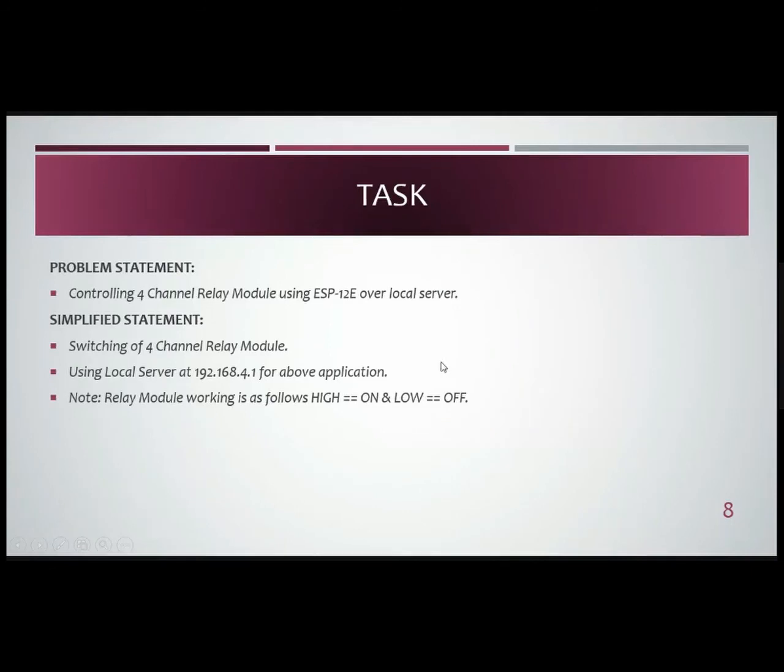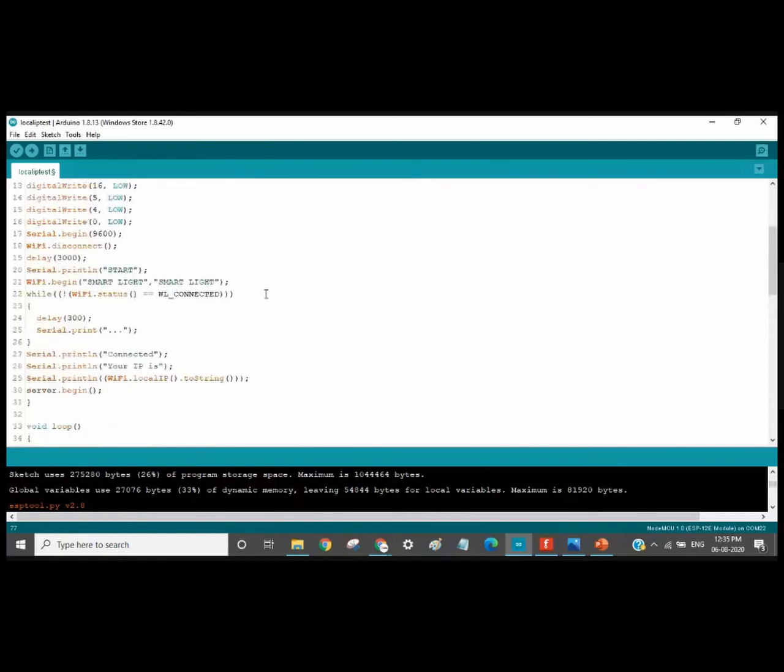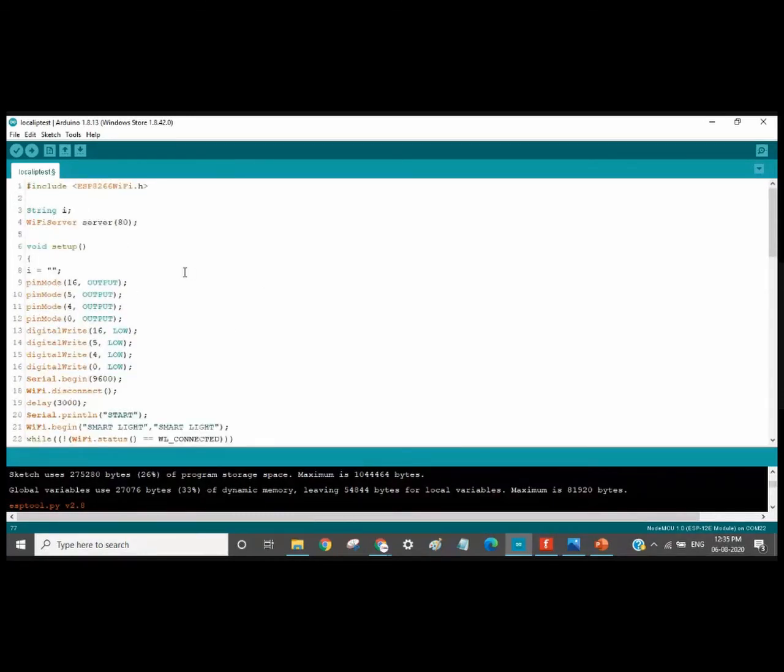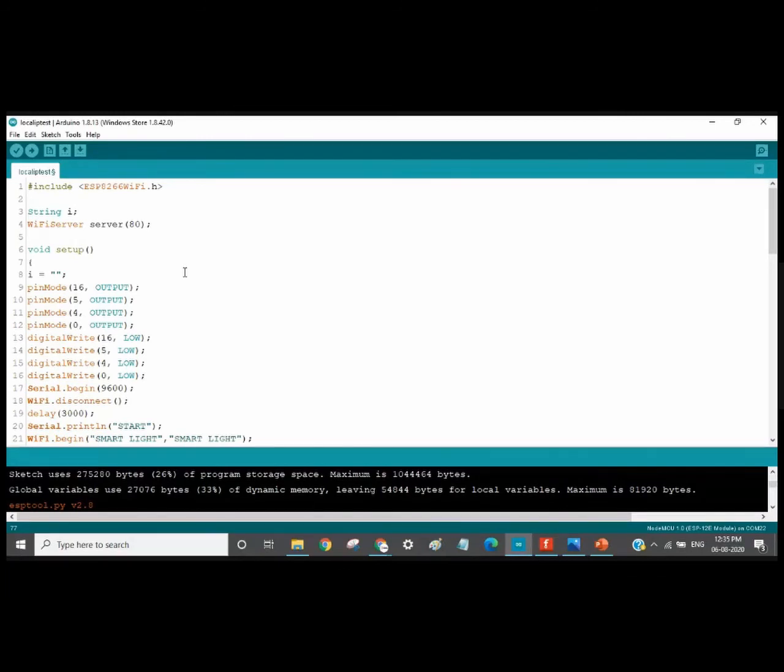So you have to write a code. I'll give you 10 minutes. You just need to make some changes in the previous code which we had done earlier, that is the local server code, according to the statement given here. Then I'll display the code, and you can check if your code is proper or not. For the next 10 minutes, you can write your code or edit the code which I had given earlier. I have edited my code according to the problem statement. If you have completed writing your code, or we can wait 2 more minutes, and then I'll start explaining the code for that statement.